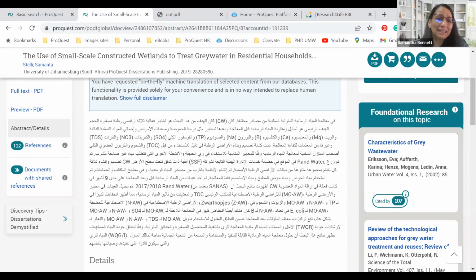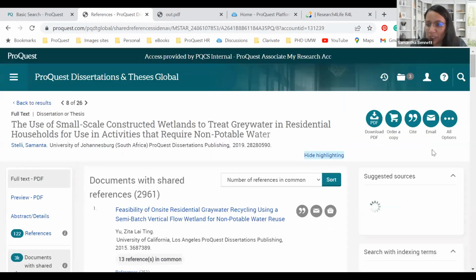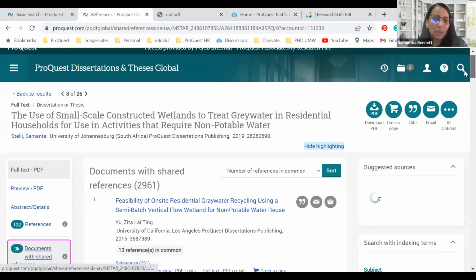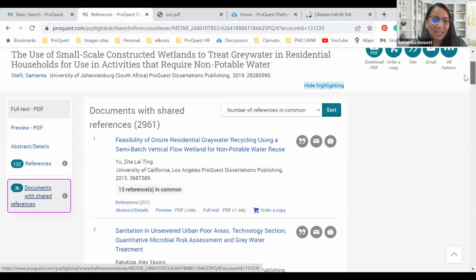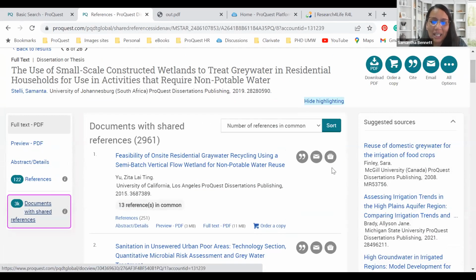We also added some related information to documents with shared references, where we also added some insight information so that you can see how many times these were cited by and what the related information to that is. So if I scroll a little bit down, you would be able to see there's 13 references that are in common, and you would be able to see those related information.